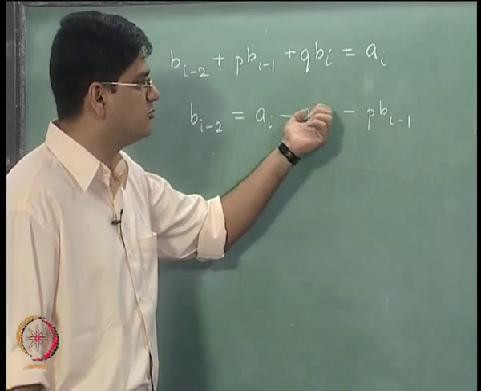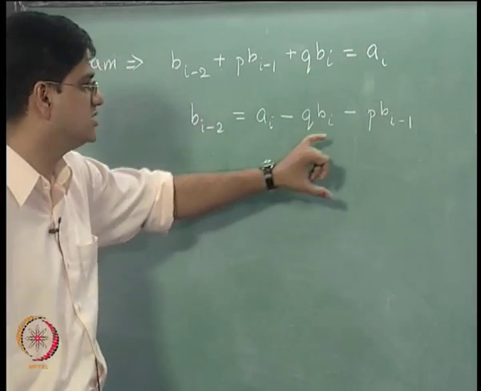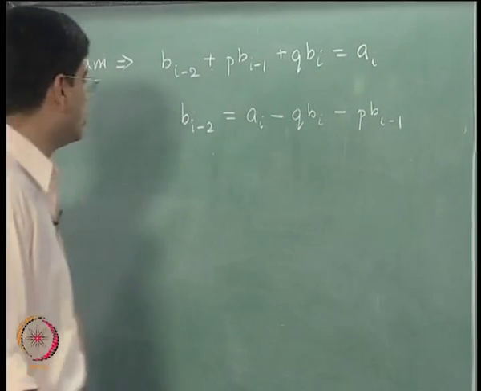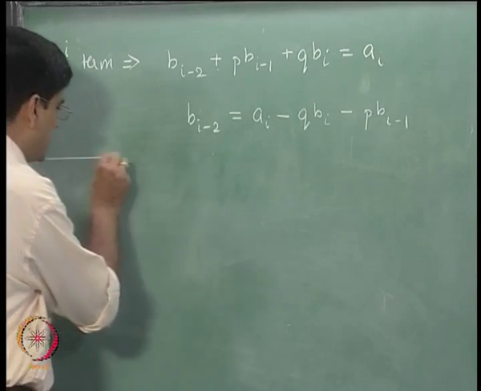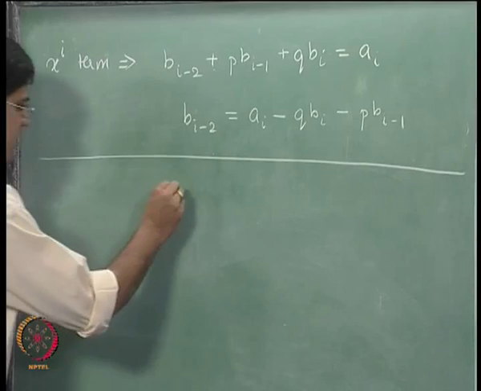But bn minus 1 does not exist, so this particular term will vanish away and we will just have p times bn minus 2. Okay. So writing those out all together, what we will essentially get is bn minus 2